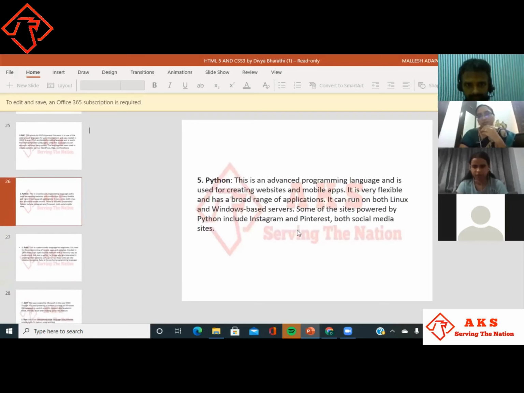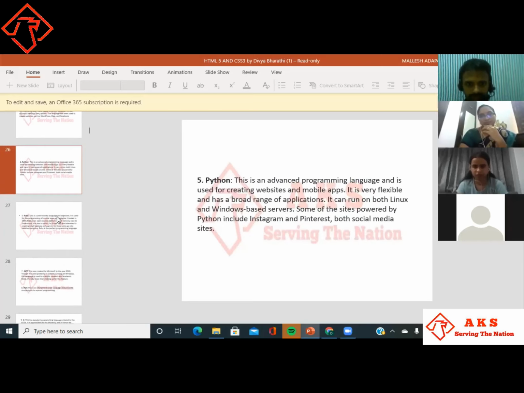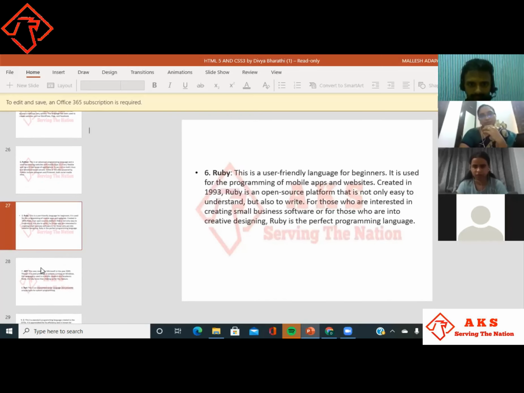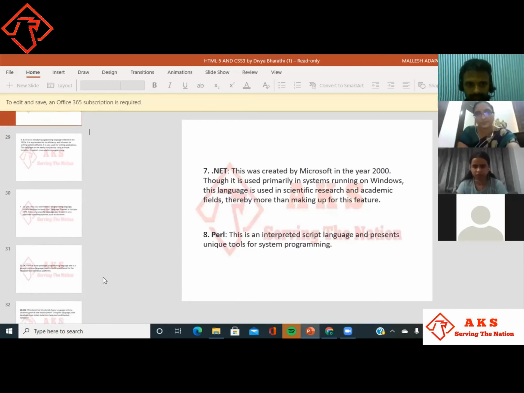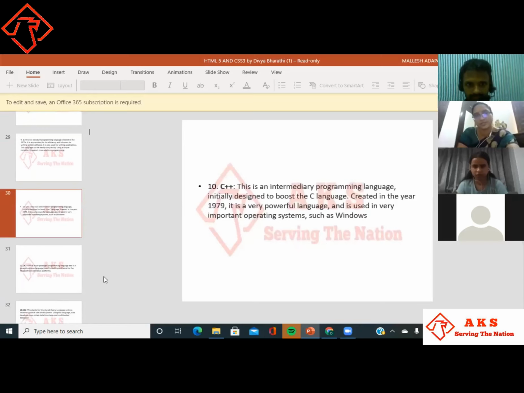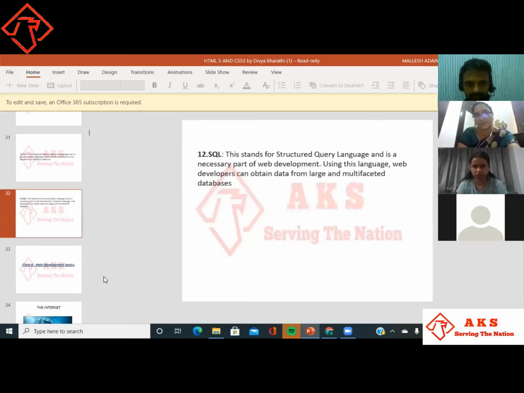Python is an advanced programming language, and we can create websites and mobile apps. It is very flexible and readable also. Ruby and .NET, Perl, C, C++. These are all the different types of technologies.